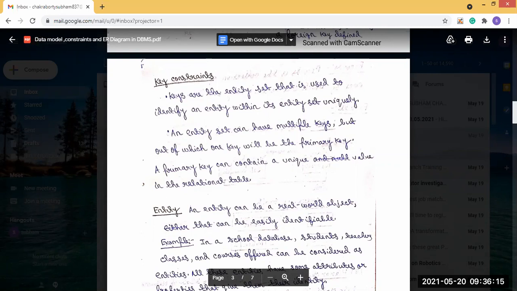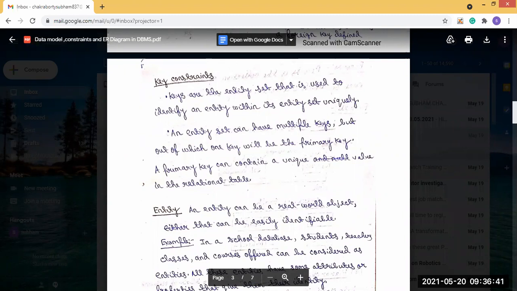So these are the integrity constraints. If you remember, I said why integrity constraints are used in a relation: they are used so that our data is secure.